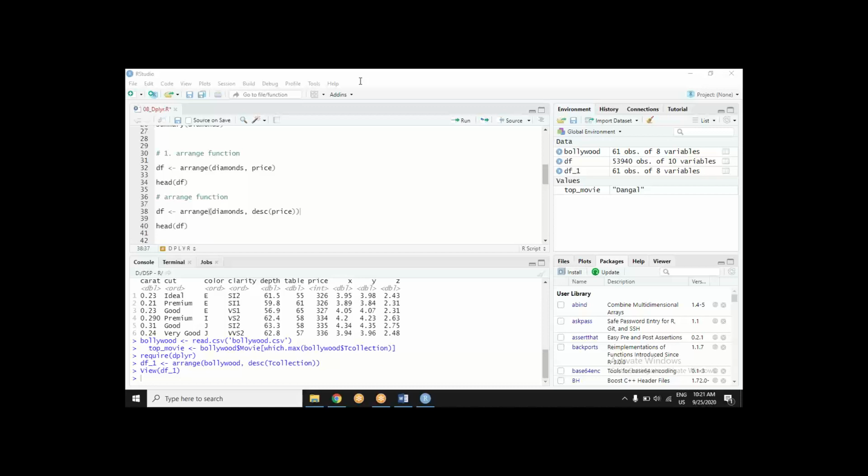Which code do you want, Jyoti? Arrange function. Here it is. Clinton, is your connection stable?